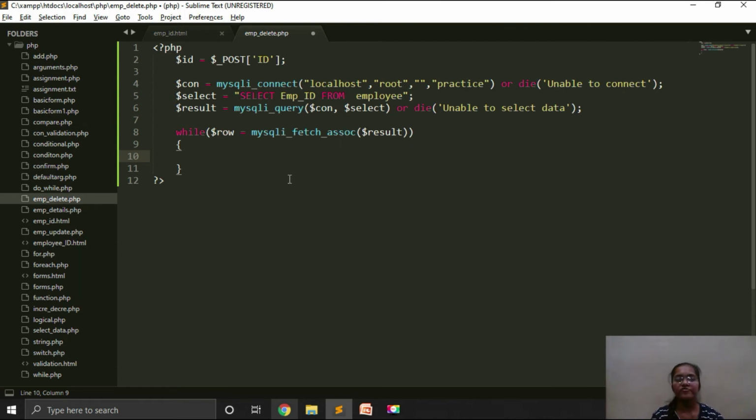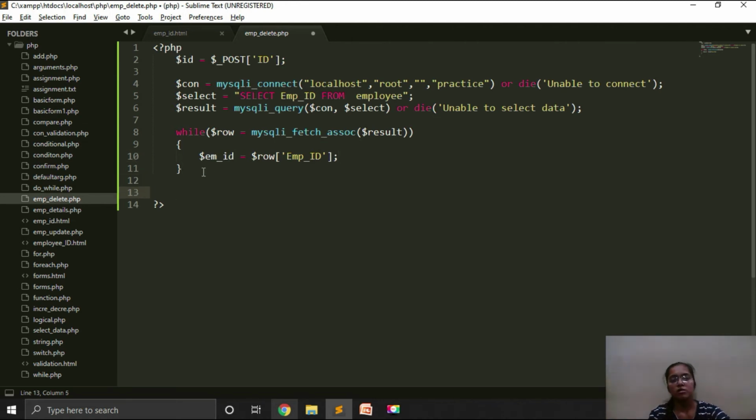This function fetches the associative array. Till the data is fetched, we store the fetched value into a variable. So I will use the variable em_id is equal to $row and the column name, that is emp_id. So now the data of the emp_id column will be saved into the em_id variable.